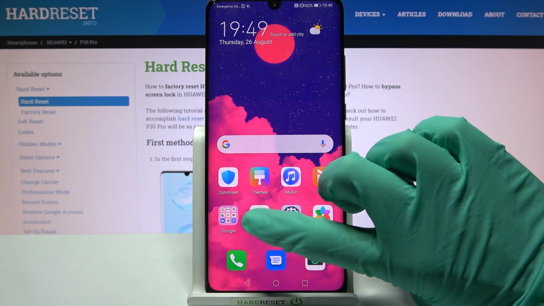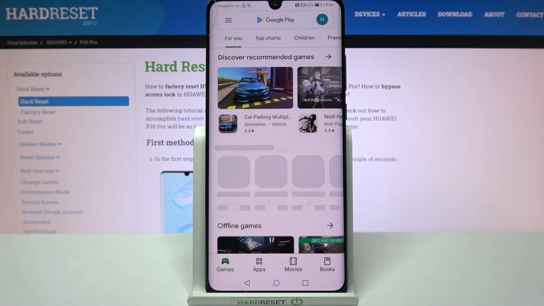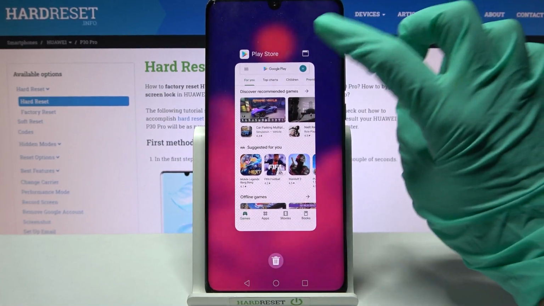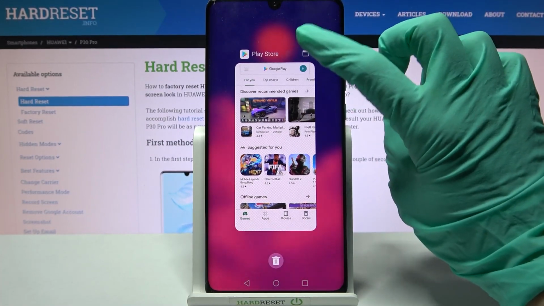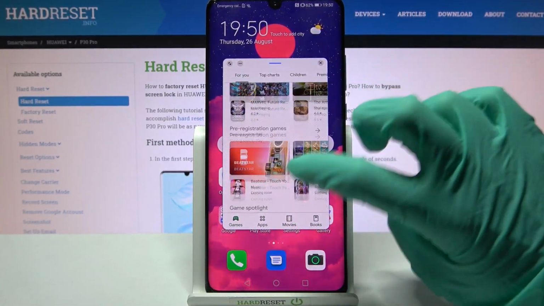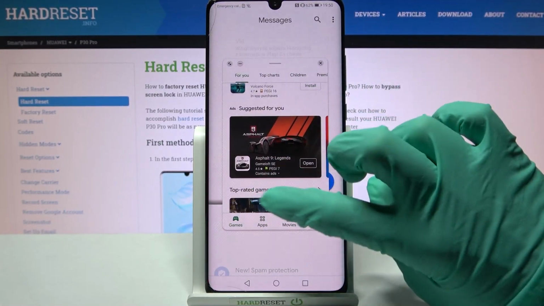Firstly, you need to select an app and open it, like Play Store. Then click Home button and tap on the square one. Now you need to click on this icon at the top right corner of your app. And as you can see, now I can use it in this little window over here and even overlay other